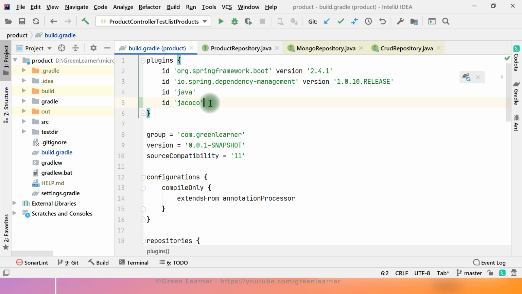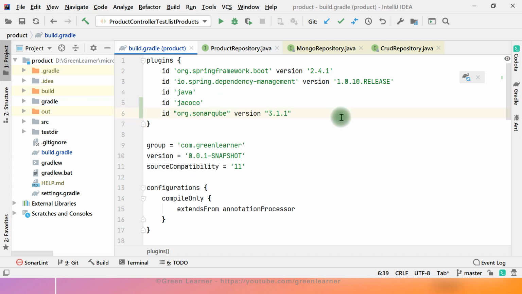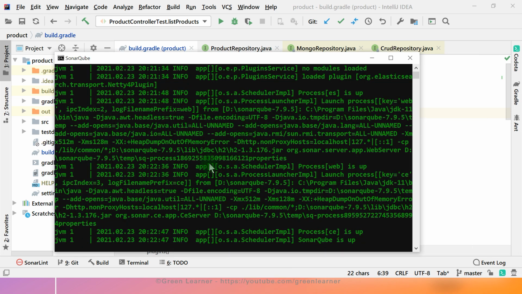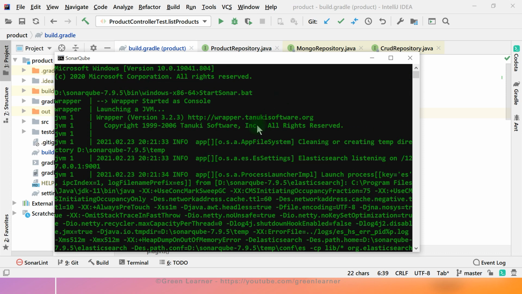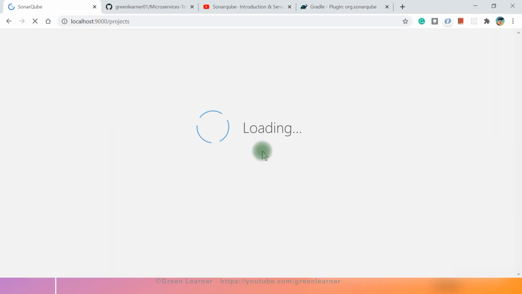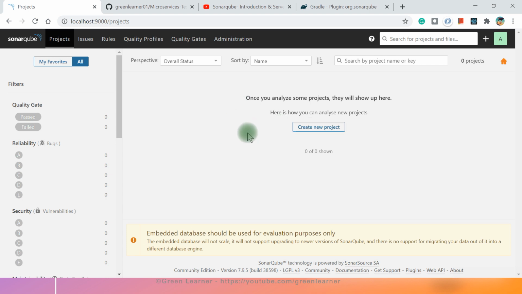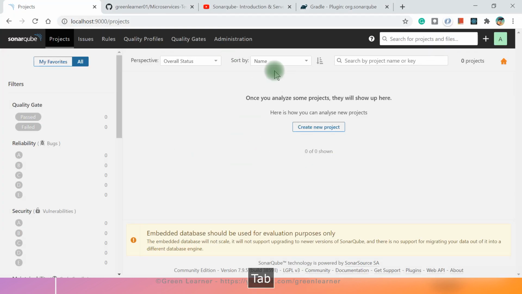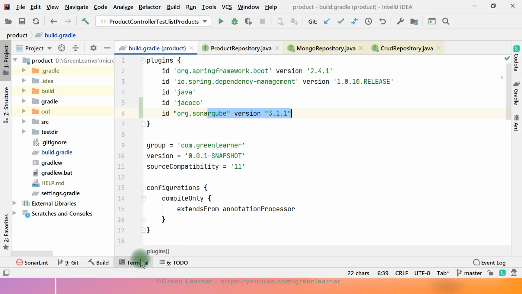The way we used Jacoco, we are going to use this one. This is the default configuration. Just refresh it and it will download the relevant dependencies for SonarQube and give me a general task. We need the Sonar server as well. The SonarQube server is already set up on my machine and I have started it. Let me show you the portal. This is a fresh SonarQube server, running, and there is no project here. I just added a plugin which gives me a task, and I'm going to run that so that I get the link here.